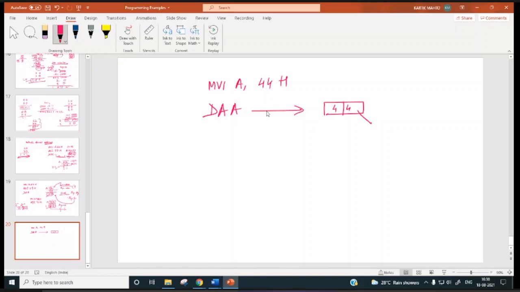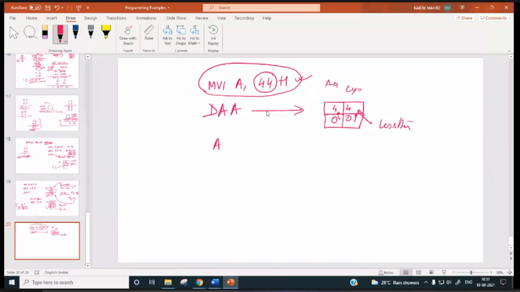Each nibble is less than 9, so it's not going to add 6 to each nibble. Since it is a data transfer instruction, no arithmetic operation was involved, so we won't have the carry and auxiliary carry flags. So the accumulator content is not going to change. It will remain 44.